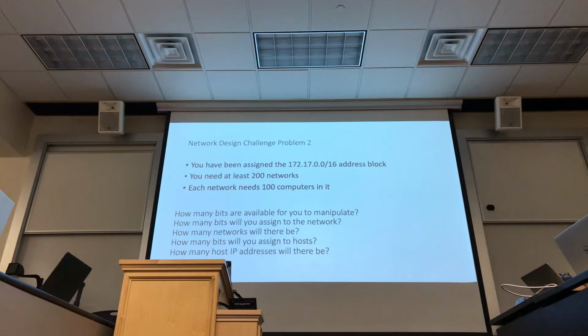So at this point, the first 2 numbers are 16 bits, and the 2 zeros are 16 bits. So we ignore the first 16 bits that are set out of the box. Within that, we can divide it. The first number is how many networks we have. So then it's 2 to the